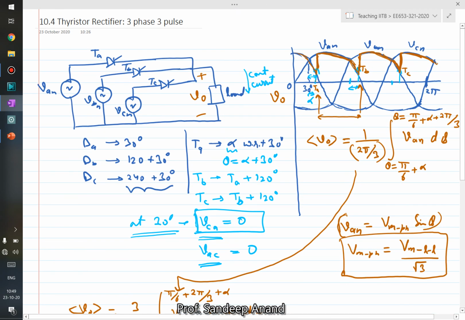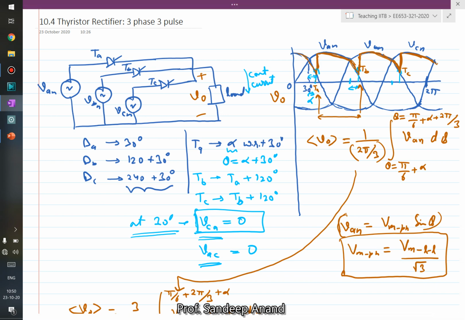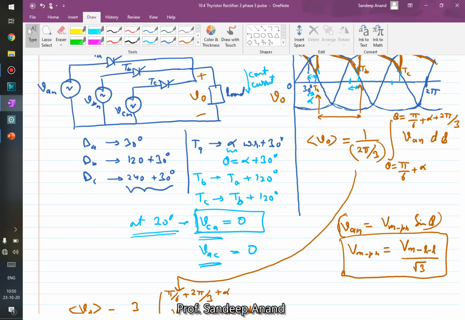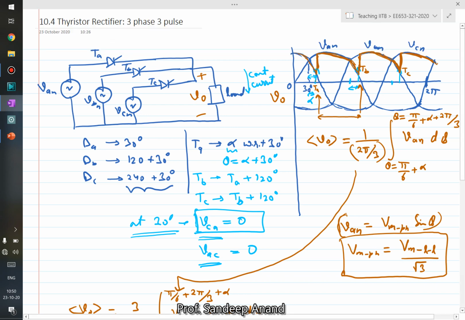Now let us also give a little bit of thought to what is the maximum value of alpha that we can keep in this circuit, right? What is the maximum alpha that you can keep in this circuit? So let us see, till where can I keep alpha. If you see in this figure, alpha is shown as a very small value. I can certainly increase alpha and bring it to, let's